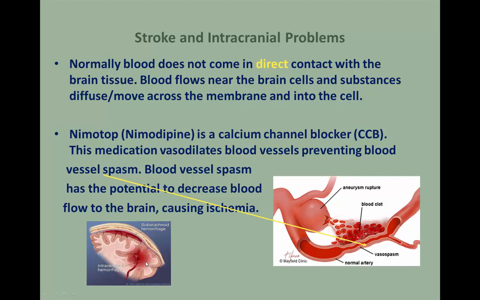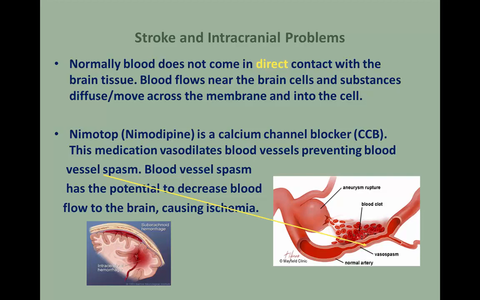And what happens when blood comes in direct contact with the brain cells is it triggers inflammation, and with that inflammation will cause the blood vessel to spasm, and the blood vessel spasming means it will vasoconstrict,